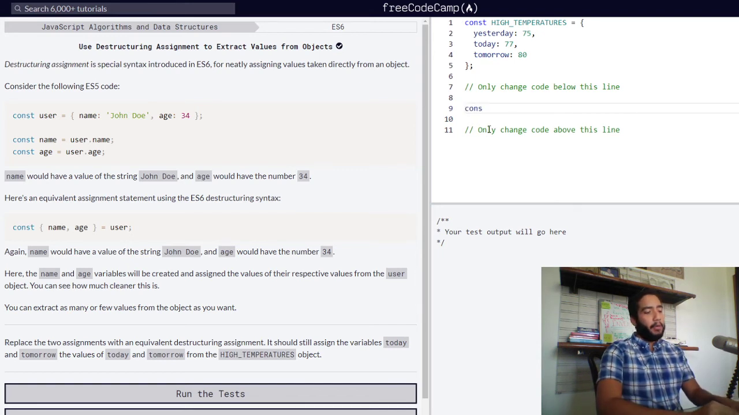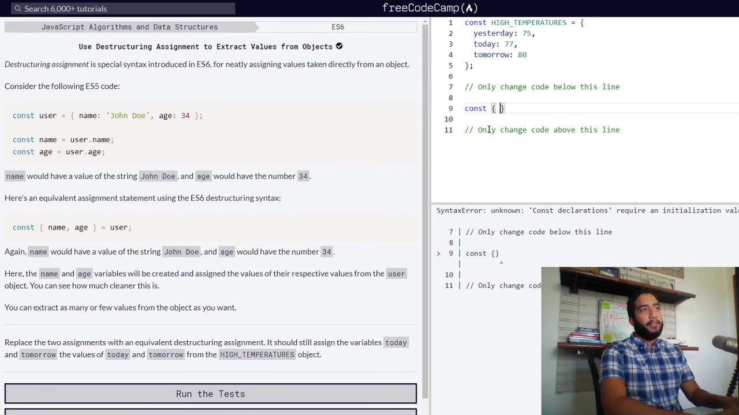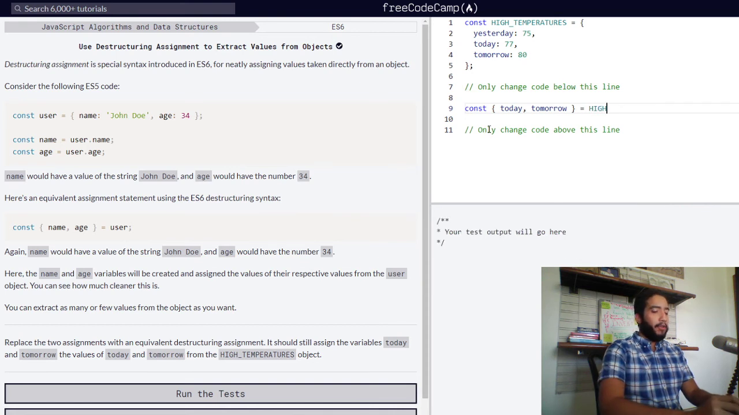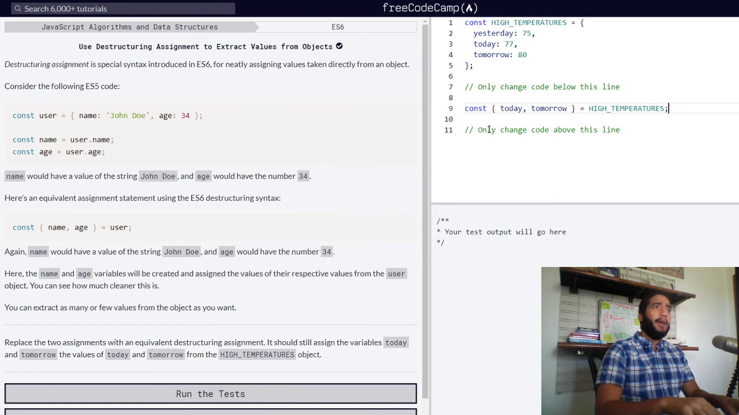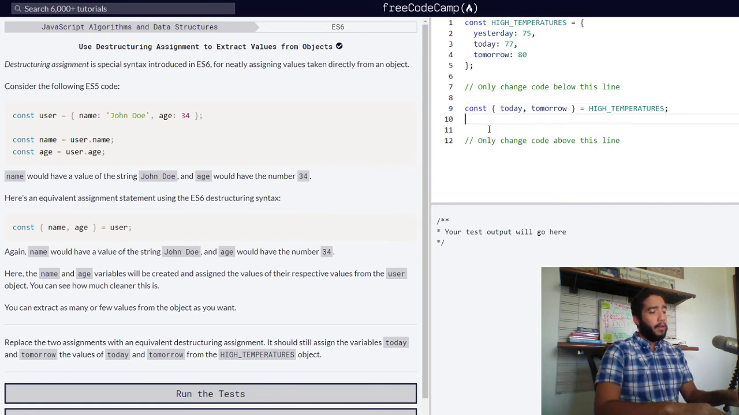So we simply go const, open our curly braces, type in today and tomorrow, and assign the high temperatures object. Now, if we were to log into the console our variables today and tomorrow, so console log today